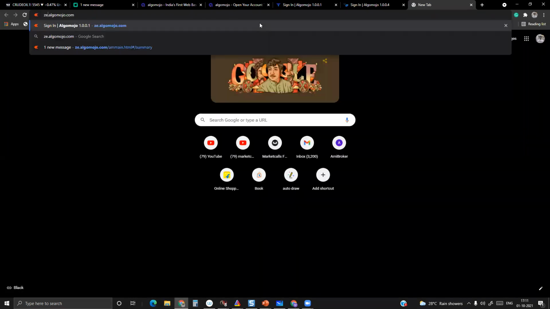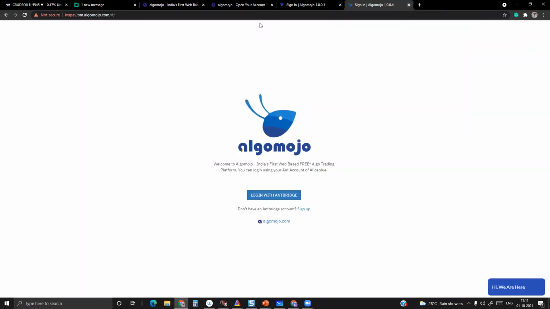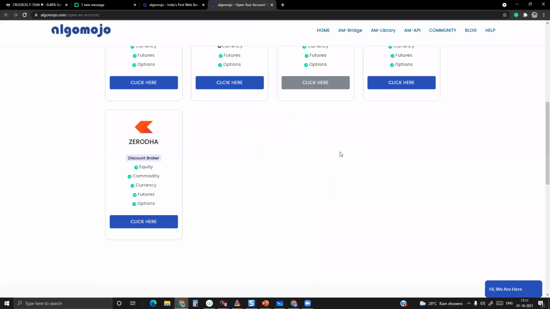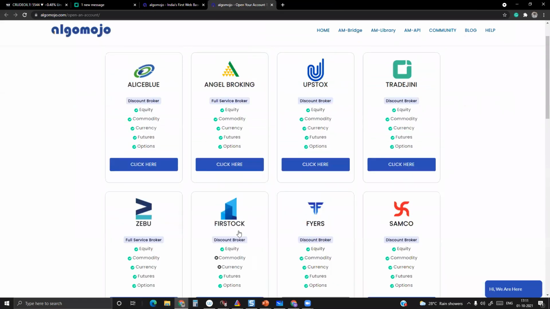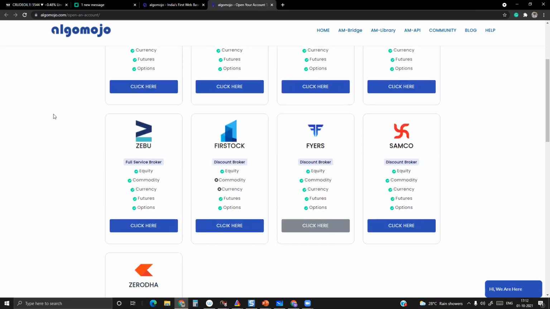These applications will be launched shortly, and we are working on them. Otherwise, the other brokers like Alice Blue, Angel Broking, Upstox, TradeGenie, Zebu, and Faststock are already done. Most likely Fyers, Samco, and Zerodha we are planning to take live in October.